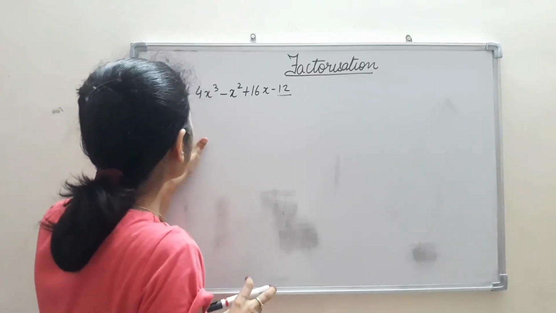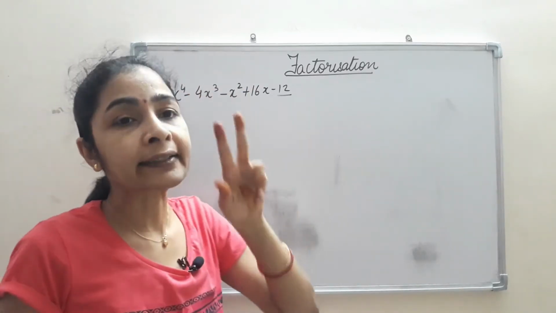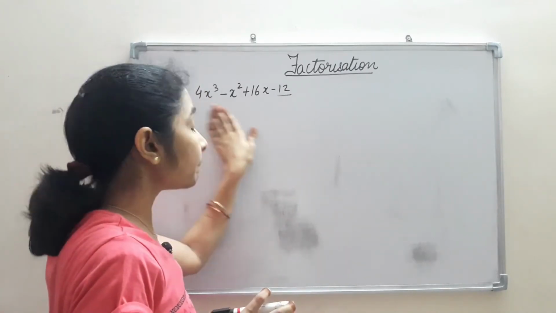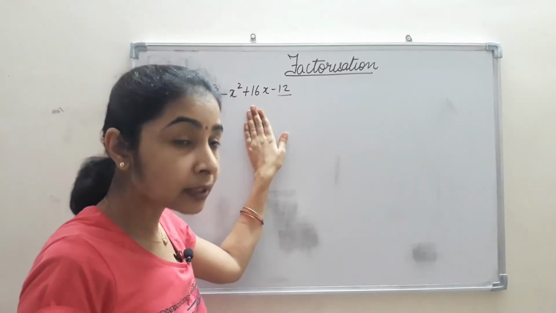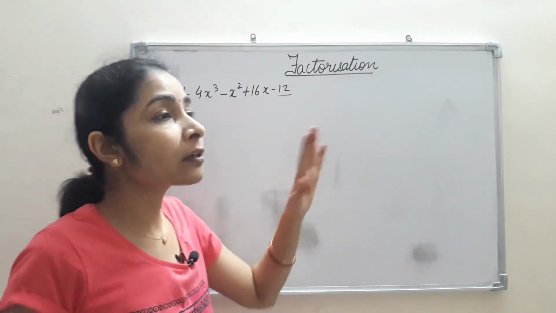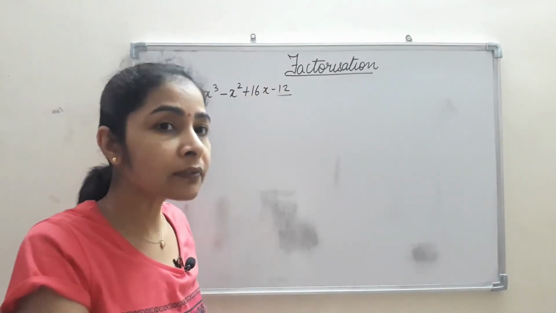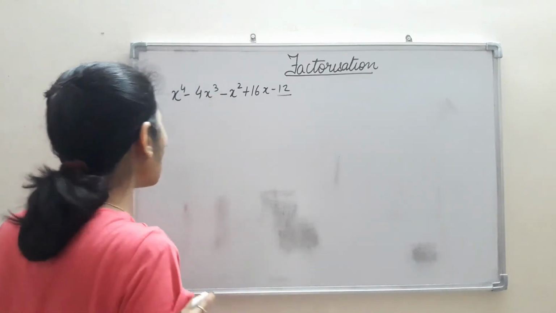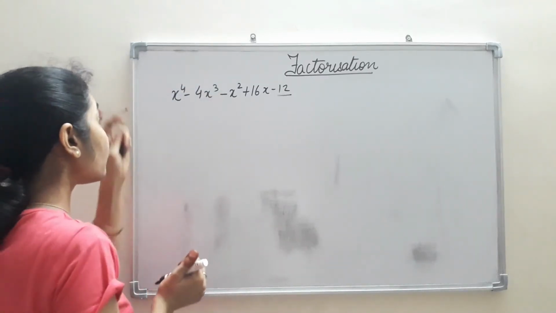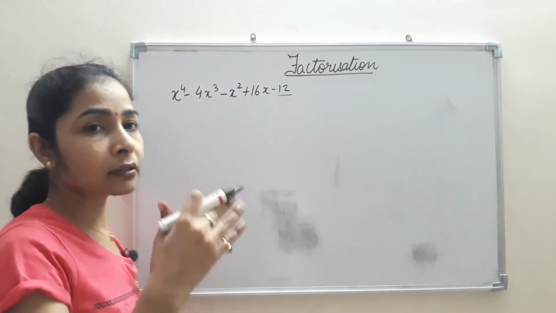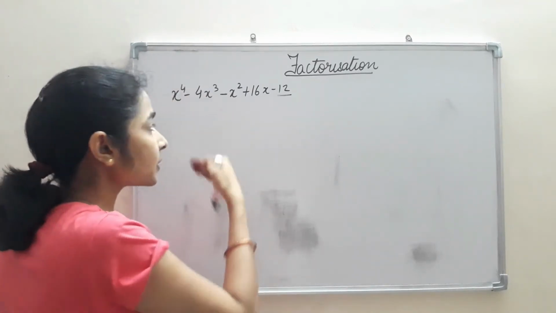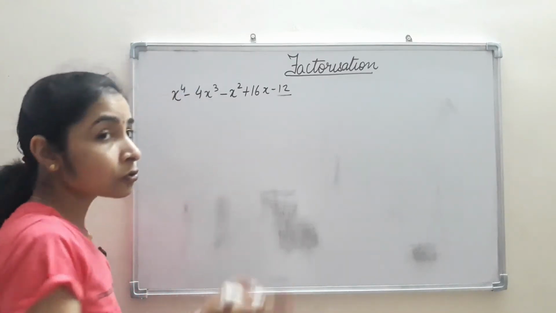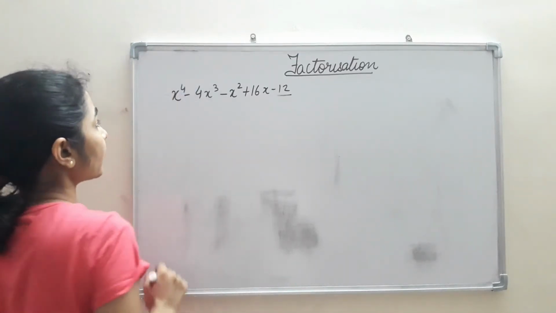So what we will do, we will find out two factors of this biquadratic polynomial, and then divide it by the quadratic polynomial, then again we will get a quadratic polynomial, and then we can factorize it. Okay, so the one method is just trial and error, just substituting the values and finding out the four factors. The other is using division method as well as trial and error method.